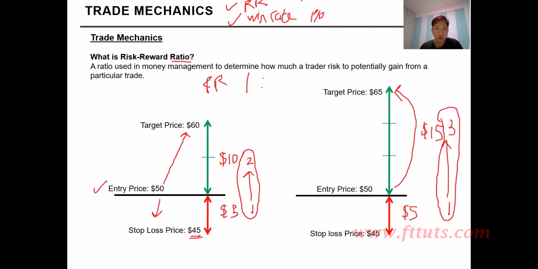fundamentally at least 1:1.5. That means you're risking 1 to make more than or equal to $1.50 and above. Okay, on average it should be about $2. That means you're risking 1 for 2 at least in short-term trading and even swing trading. Okay,